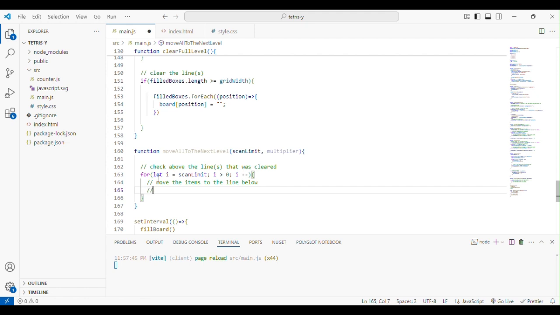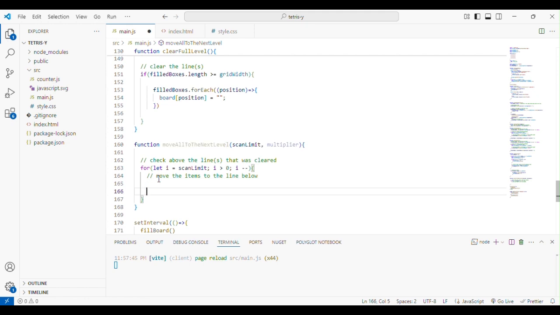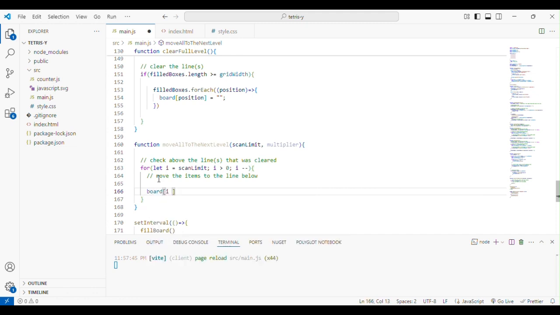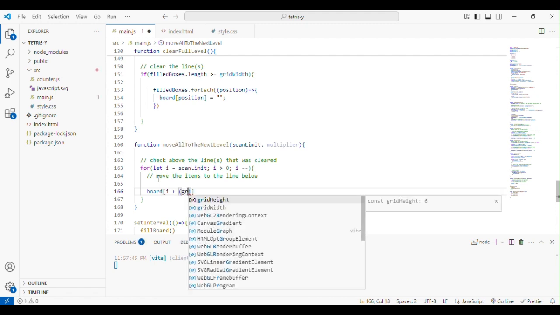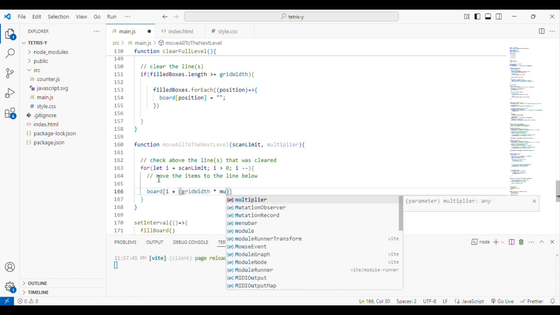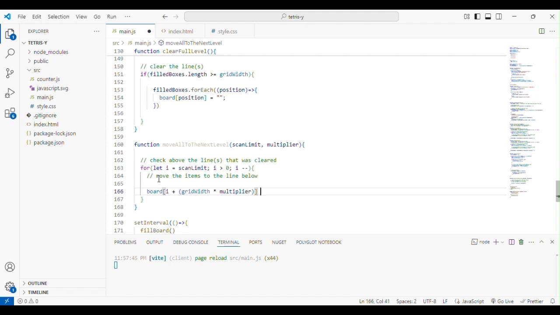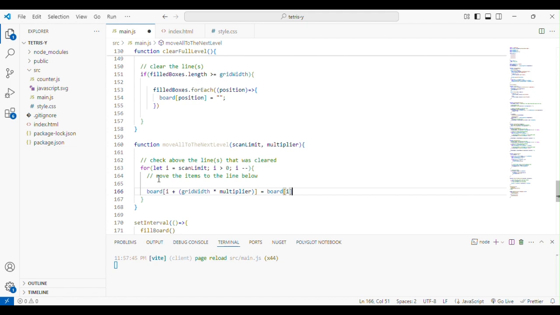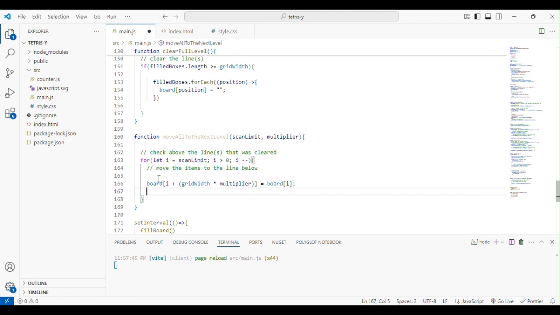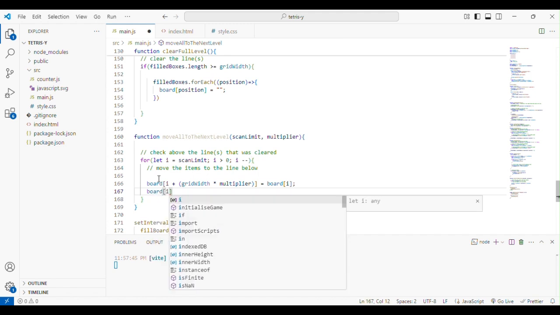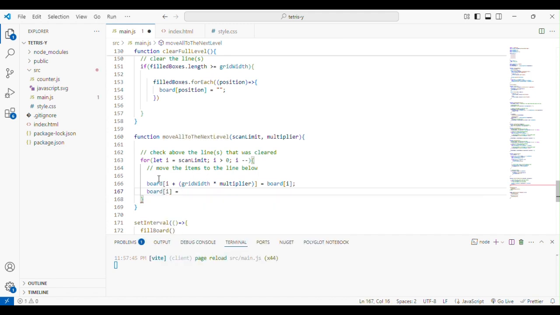So, I'm just going to say board i plus a little bit of math again, grid width multiplier, equal to board i. Then we're going to say board i equal to